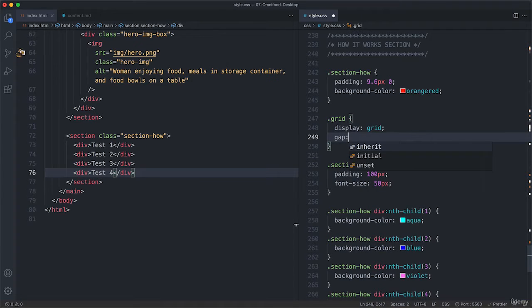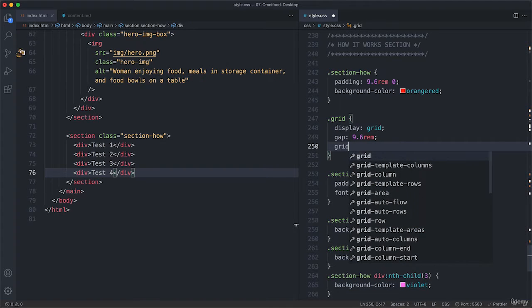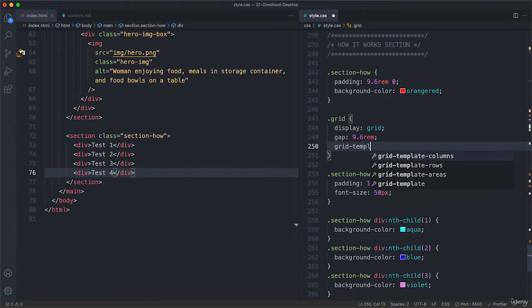And let's also add some gap here. Maybe, again, 9.6 rem. And here, it needs actually to be rem as well, of course, not pixel. And I said that I wanted a 2x2 grid. So that means 2 columns. So grid-template-columns. And so let's actually use the repeat function and then saying that we want 1fr twice. So remember that this is the exact same thing as writing 1fr, 1fr, right? Okay, and so this now we can add here,